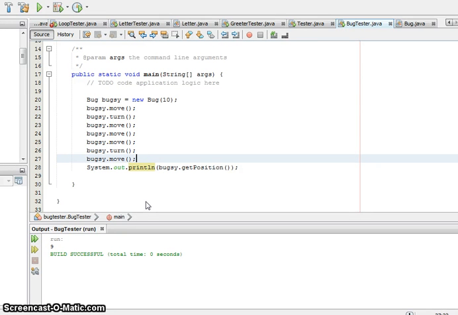I wanted to do a quick recording to help you with one of the exercises this morning in chapter 3. I'll try to do some additional recordings for the others. But the bug one seems to be giving people some issues, and I think it's more the concept than the actual coding. And one of the reasons that I'm having you do these exercises from the write-ups that I've posted